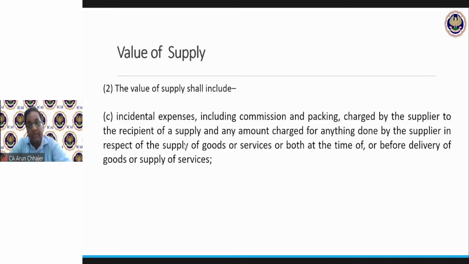Same, Bhumika, same answer. If the expense is incurred by the recipient and it is the responsibility of the supplier, and he has reduced the price, whether the recipient has incurred exempted supply, or the expenditure is pertinent to a non-GST supply, like petrol is a non-taxable supply, the answer would remain the same.